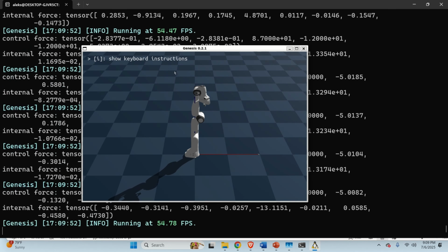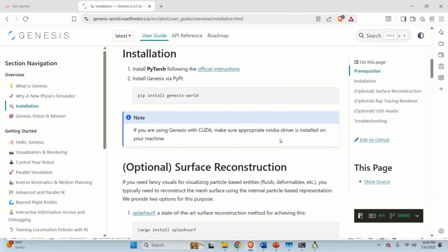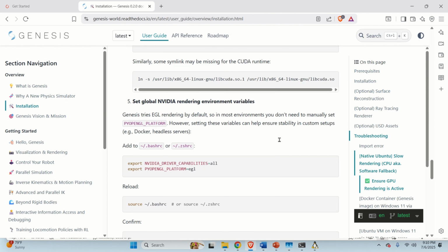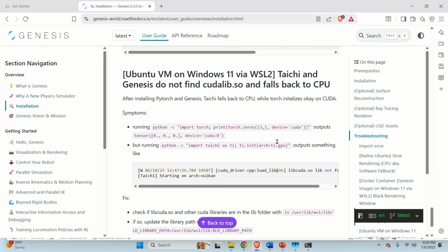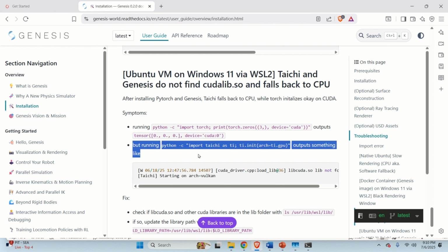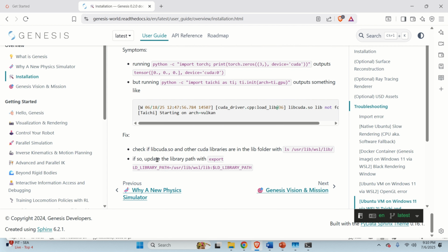Okay, now, if you go back to this instruction web page on installation, here you have some suggestions on how to fix the GPU issue. If you go all the way down, you can see this is the issue. And let's see what they suggest. Fix: check if libcuda.so and other CUDA libraries are in the lib folder. If so, update the library path with export. So we can even try this and see